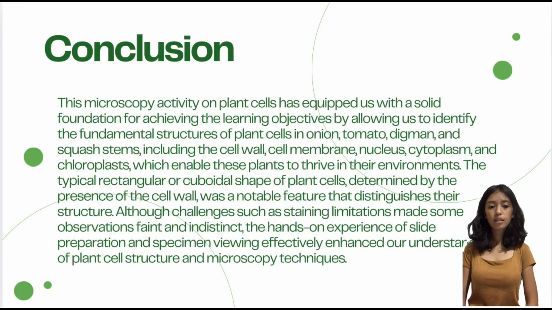The onion cells showed an organized brick-like arrangement. The hydrilla displayed active chloroplast movement. The tomato epidermis revealed regular polygonal cells with visible pigments, and the squash stem provided a view of various tissues including trichomes. Although some details such as nuclei in certain samples were difficult to observe due to staining or focus limitations,